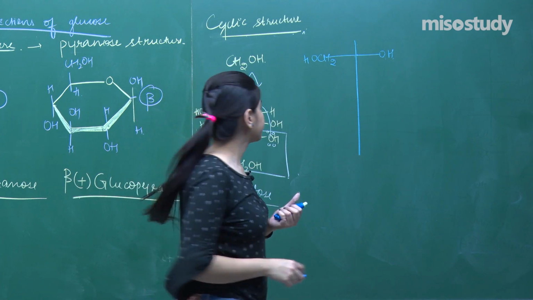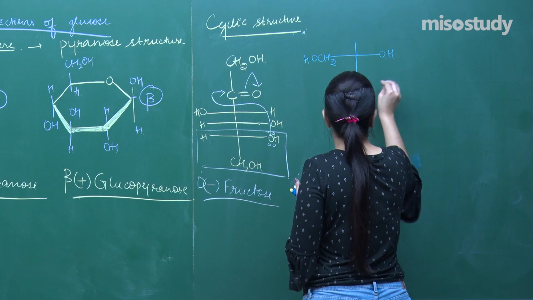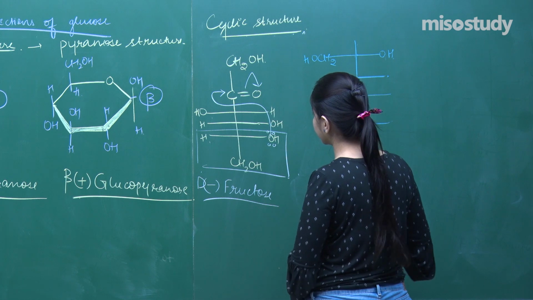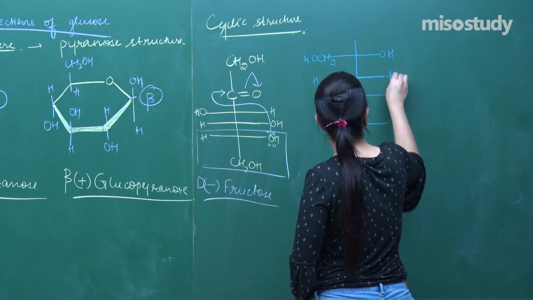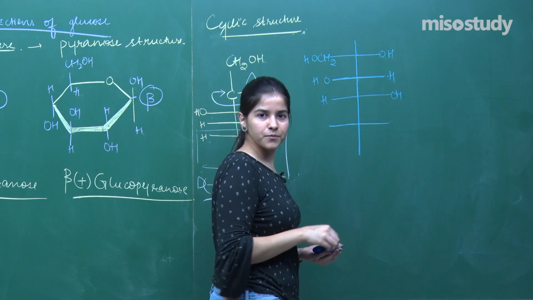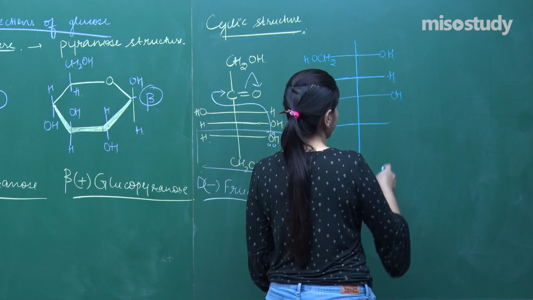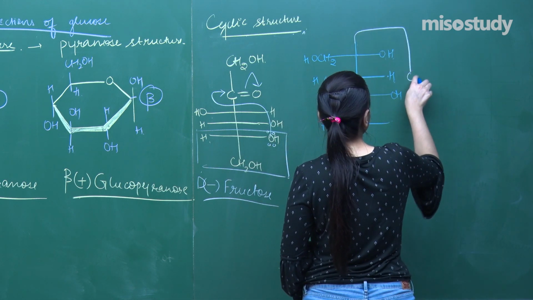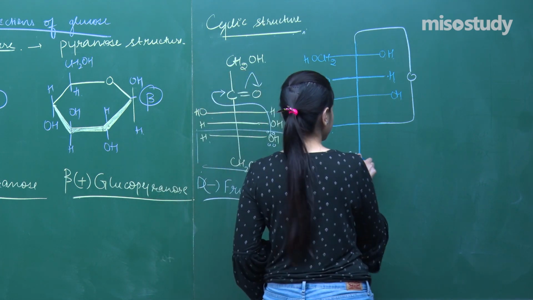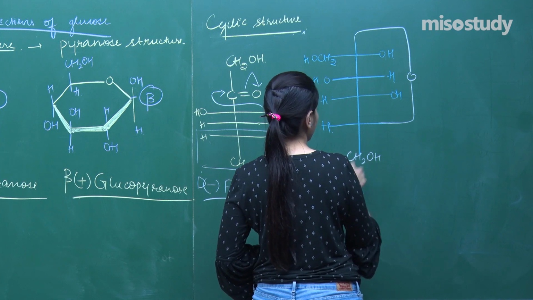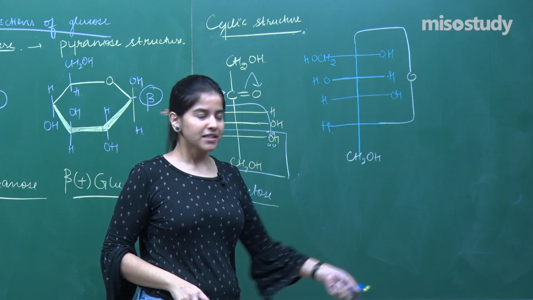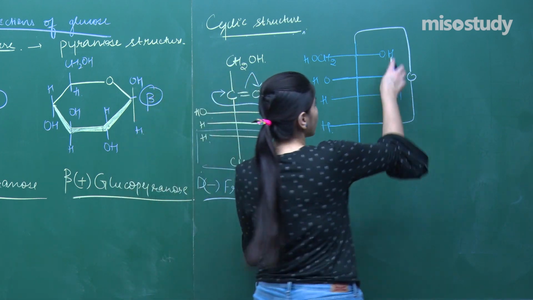It's the C2 carbon. And now, the remaining things, let me just write that down: 1, 2 and 3, fine. So, it's like this, OH, OH, and what is the remaining part? It's like this, which I have to connect, fine. What am I left with? CH2OH. Now, how many carbons? 1, 2, 3, 4, 5 and 6. I have left nothing, right? It's the perfect structure.